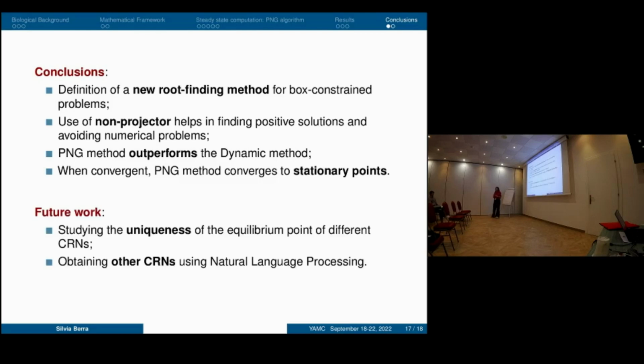As regards future work, it is not so easy to know how a chemical reaction network works, how it is done. For example, of the human body in literature, I think there is only this network that is known, and some characteristics of other networks, but not so many. So our goal would be the one of creating other chemical reaction networks using natural language processing, and having a fast and accurate method for computing equilibria starting from the knowledge of the chemical reaction network would be a good point to start for